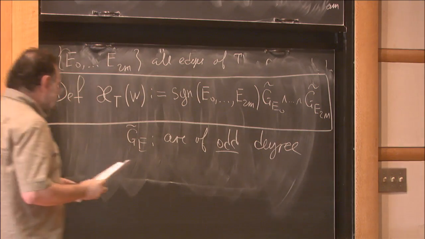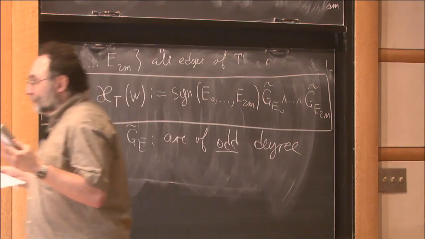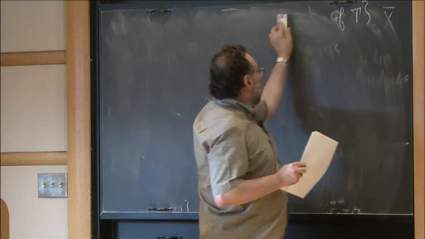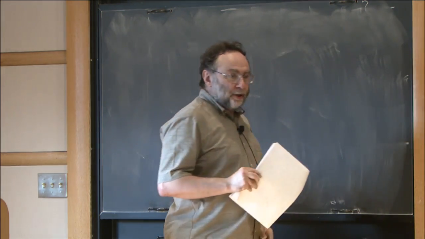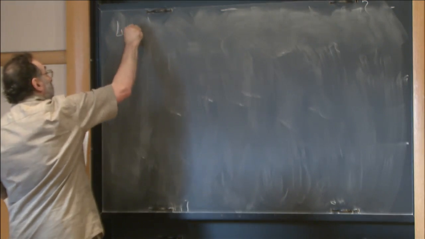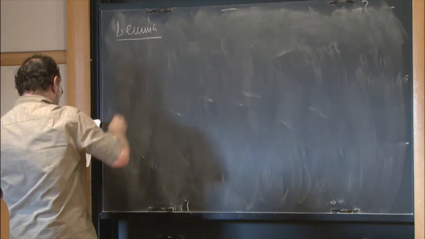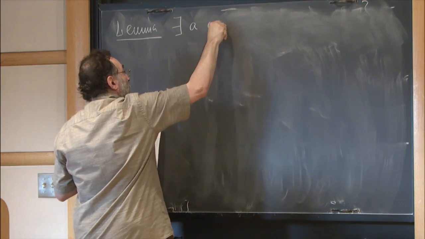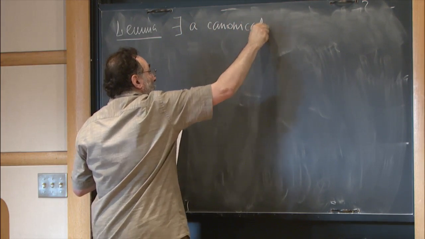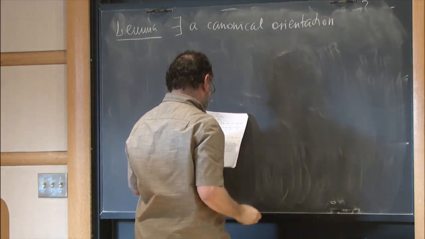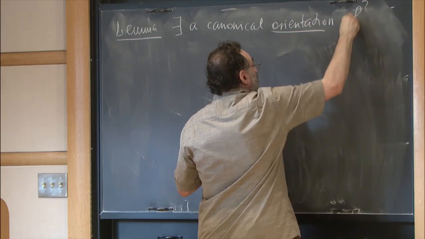Therefore, in order to make sense of the signs I need the following little nice combinatorial lemma, which says that trivalent trees, plane trivalent trees, have canonical orientation. It's a lemma. There exists a canonical orientation. What orientation means, I'll tell in a second. Of